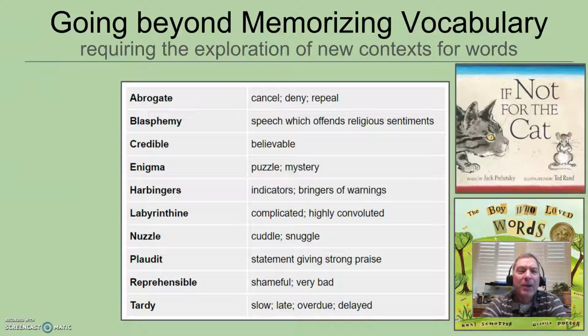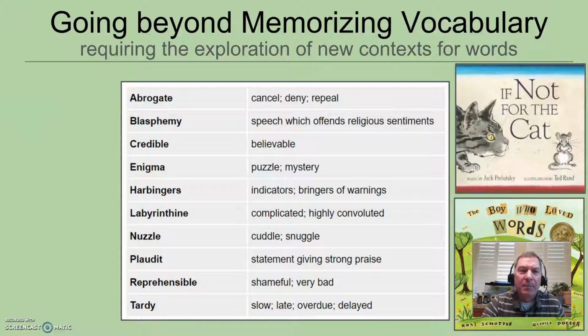So another activity that I do if I give words like these is I ask them to write a vocabulary haiku, better than just memorizing. A haiku is a 5 syllable short poem. It's supposed to be about nature, and so if I required students to take a word and put it in a natural context, they're having to think of a new context to use that word, and that is higher level thinking.